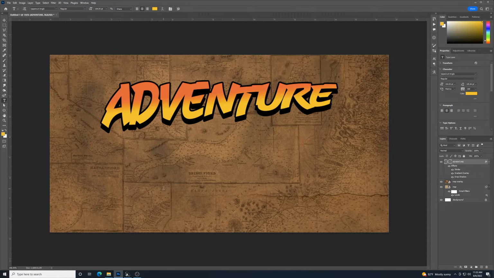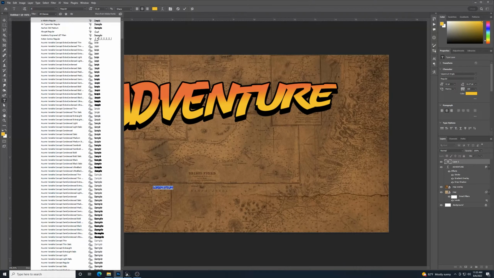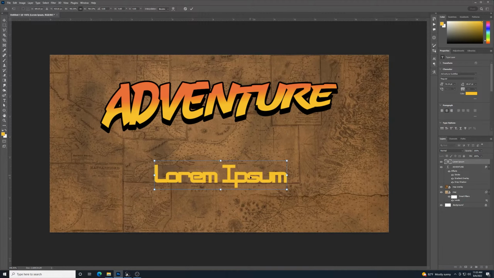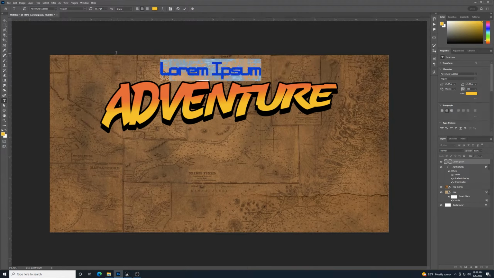Use my type tool again and just click anywhere on here, but this time I will change the typeface to Adventure Subtitles. And I believe you can get this one, if not from your Adobe Creative Cloud, you can get it from like DaFont. Either one of those two. But it was a free font to use and can be used for any purpose, so that's why I chose it. And with this, I will type in, using that same yellow color,